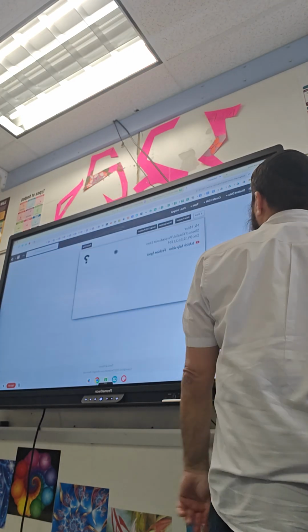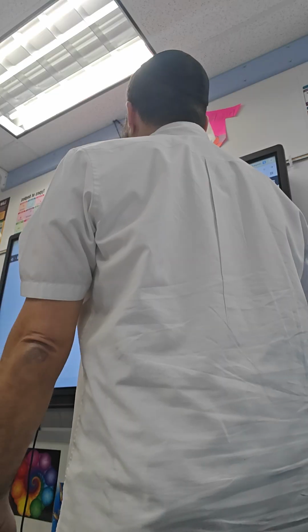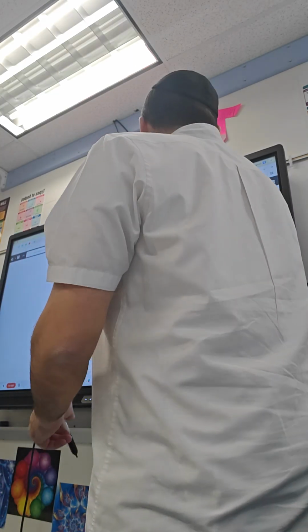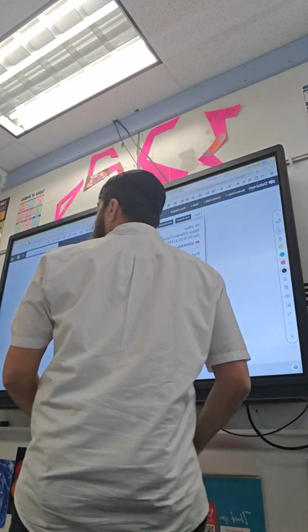Slopes of parallel perpendicular lines. This is the more recent thing that we've done. Let's find the slope of a line perpendicular to this. And this will be where I pause again. So for this, you've got to,